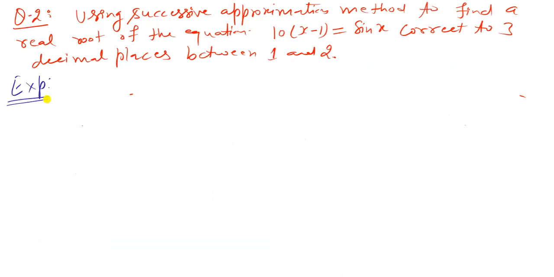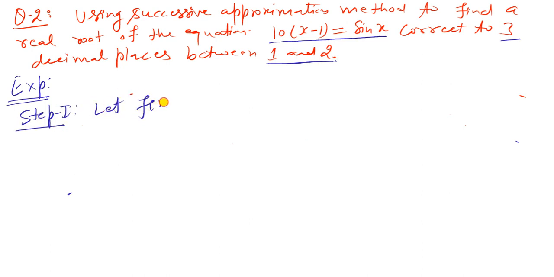Now here I am taking another question based on the iteration method or successive approximation method. Using the successive approximation method, find a real root of the equation tan x minus 1 equals sin x, correct to 3 decimal places, between 1 and 2. Here the interval is given, that is a equals 1 and b equals 2. So in step 1,